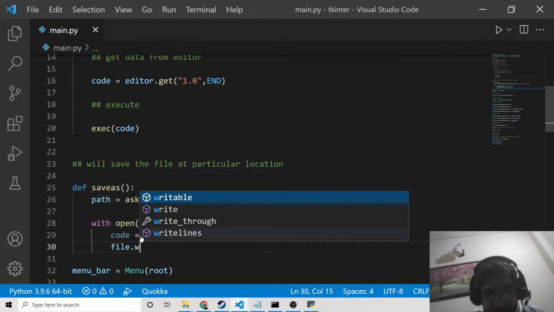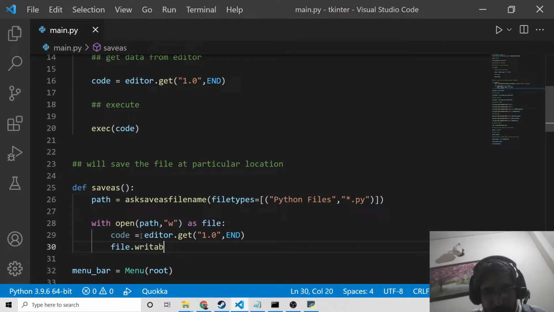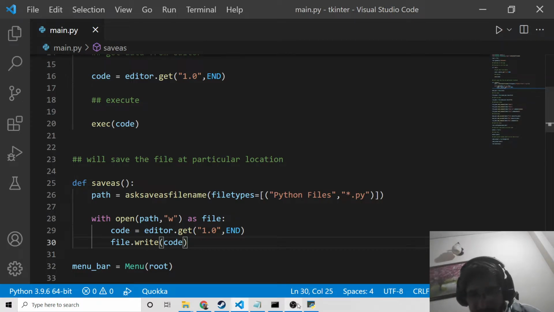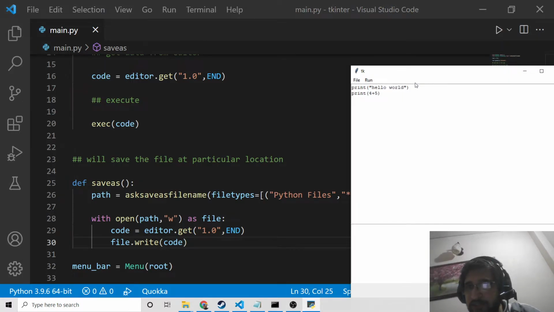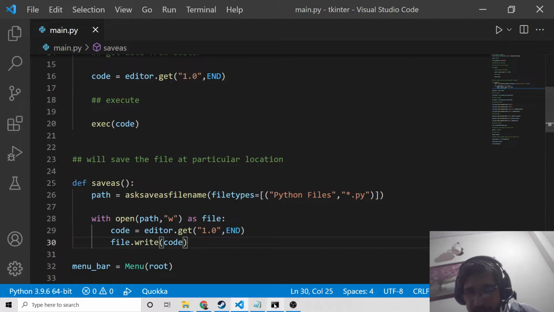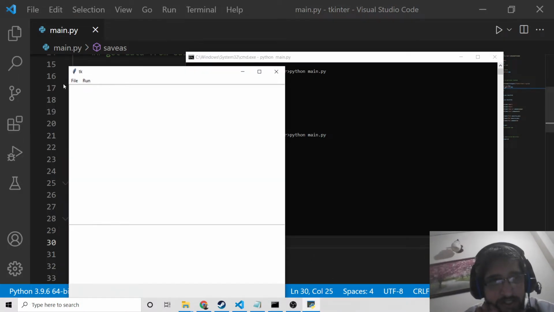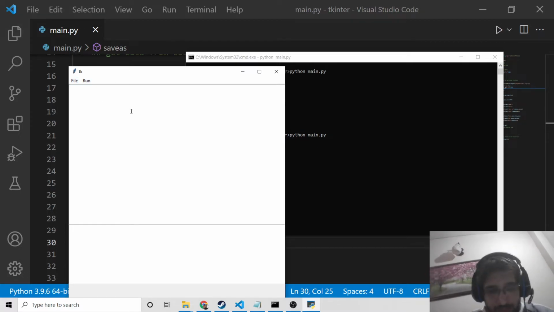And then we will say file.write, and then we will say code. That's it. So this will save this file here, guys. So I can now verify here. If I close the application and rerun it. So if I run this file, if I write something here like this, write a print statement, hello world,